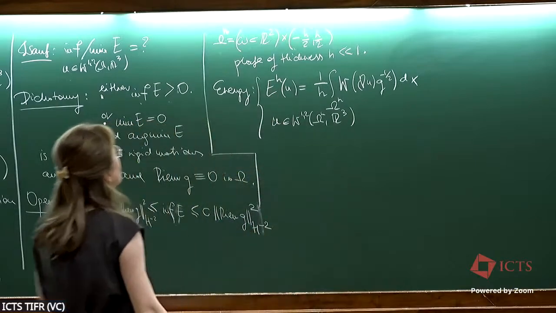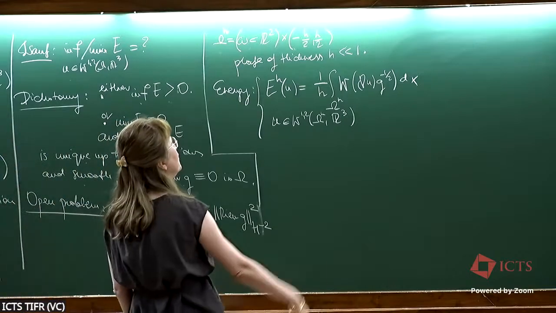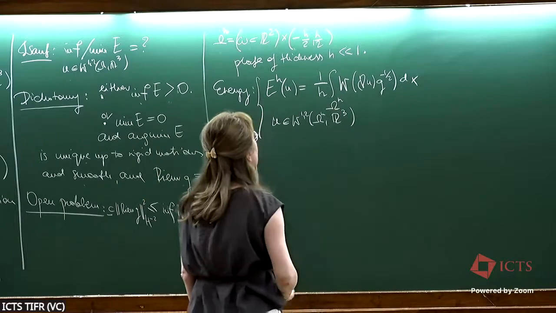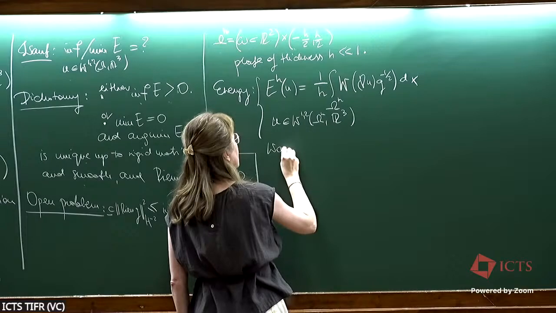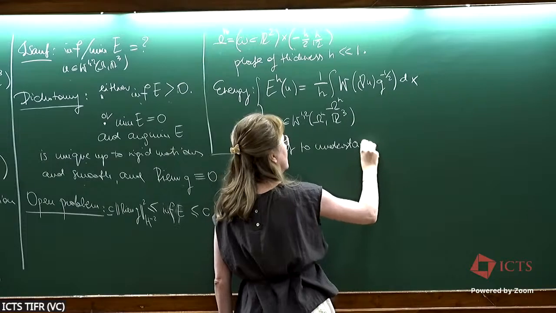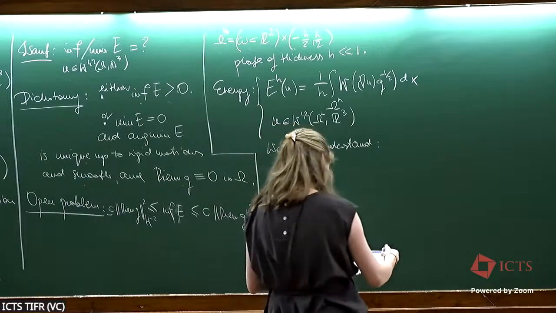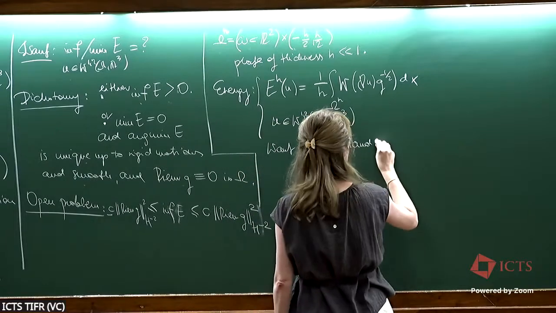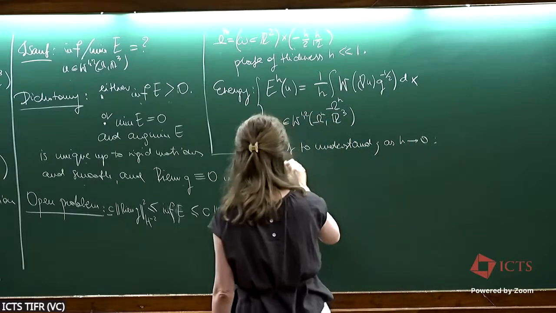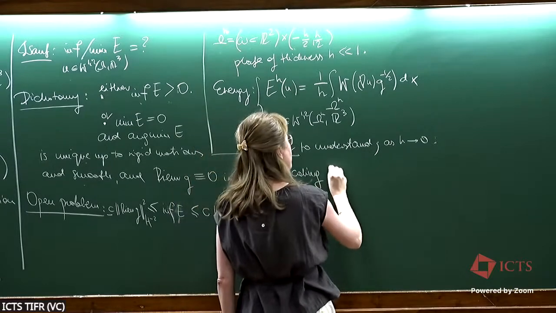So this is rather than a single energy. In fact, it's a family of non-Euclidean elastic energies which are posed on thin domains. And I want to understand what happens when h goes to 0. In particular, as h goes to 0, I want to determine the scaling of the infimum